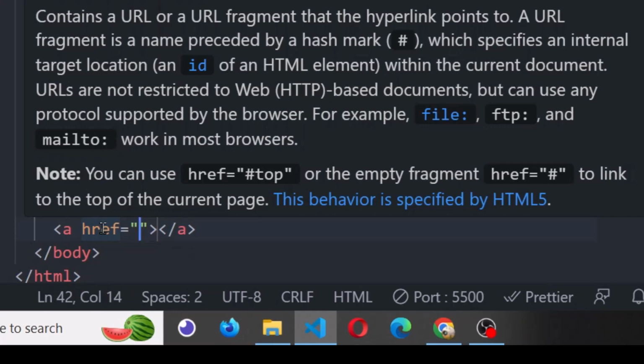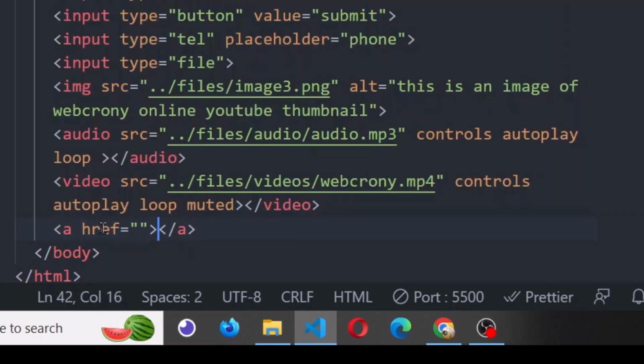So whatever the case may be, you just have to give the URL in the href attribute. If it is a local machine, it's just a path to the web page, and if it is an external page, it's just the URL to that page. Okay, before we come back to the href, there should be a text to be displayed so that the user will know that this is a link that if I click it will send me to a different place. So I'll just say go to contact page,